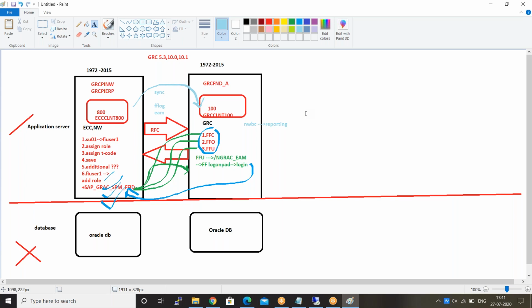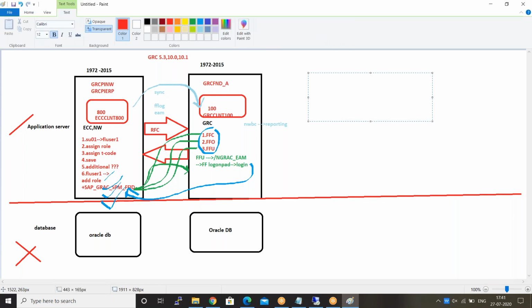And as GRC consultants, SAP is moving on from GRC 10.0 and 10.1. Maintenance support will end on 31st December 2020. After 2020, GRC 10.0 and 10.1 will not be supported.